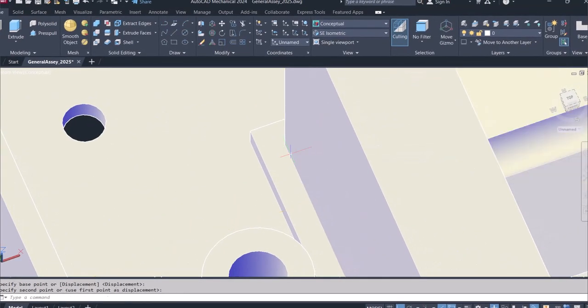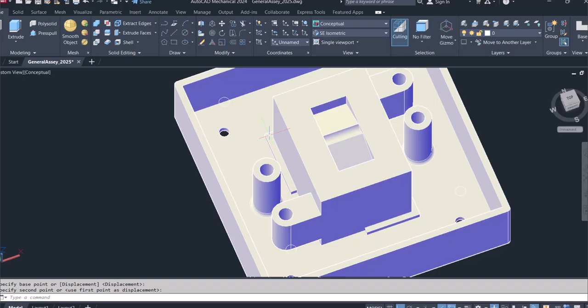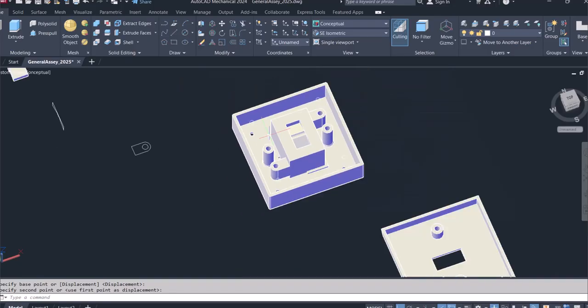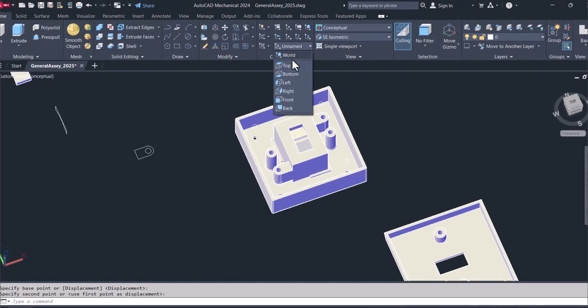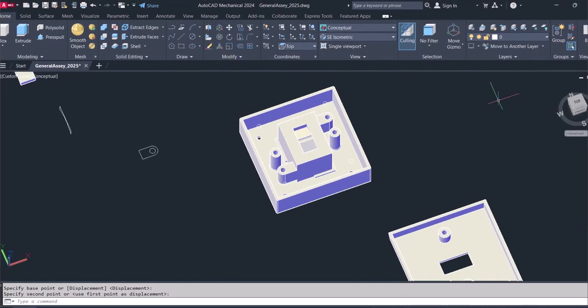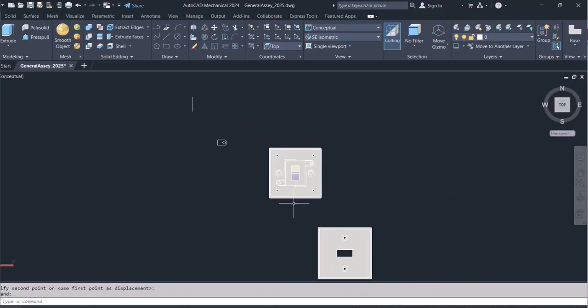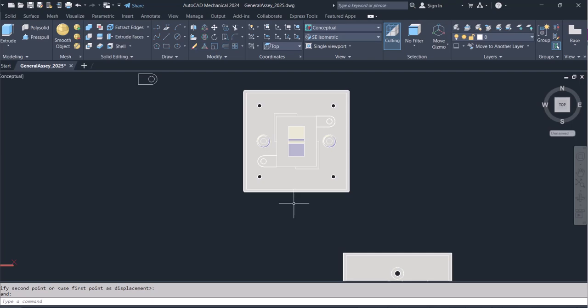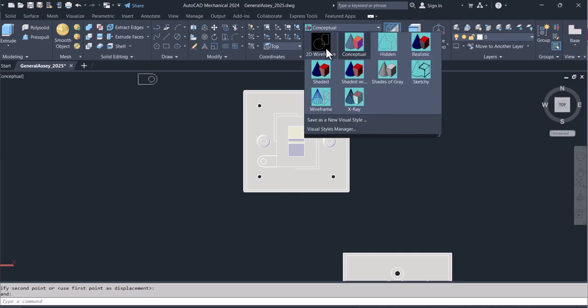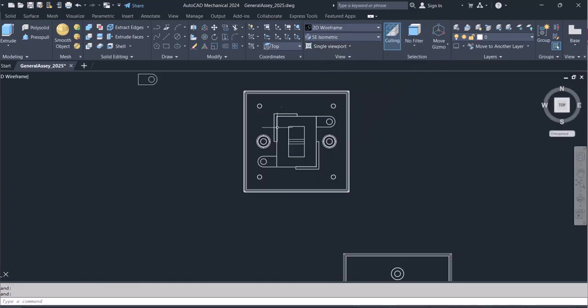So that corner, that's where it goes like that. And then I'll change this to the top view and then click here on top, and I will maybe change to 2D wireframe